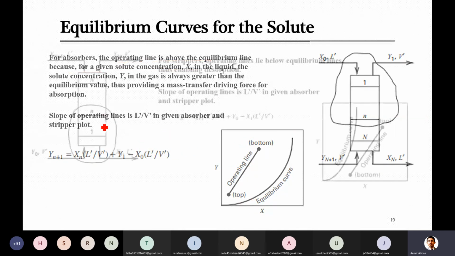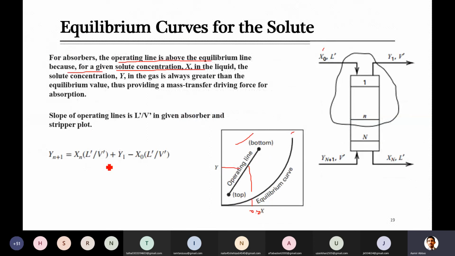And already, I have mentioned that when you look at the equation of the operating line, L prime over V prime is called the slope, the liquid flow rate over the vapor flow rate. I think today we can't reach that point, but tomorrow when we start the lecture, you have to calculate the number of trays as well as the minimum liquid flow rate. There we will see how this affects the liquid flow rate, and how it affects the operating line and its slope.